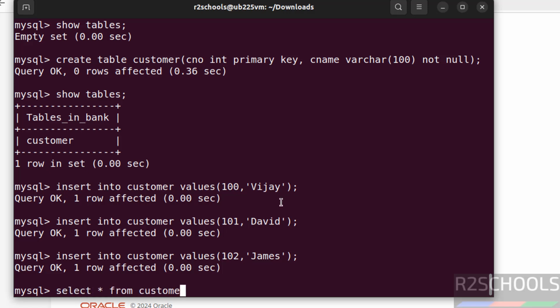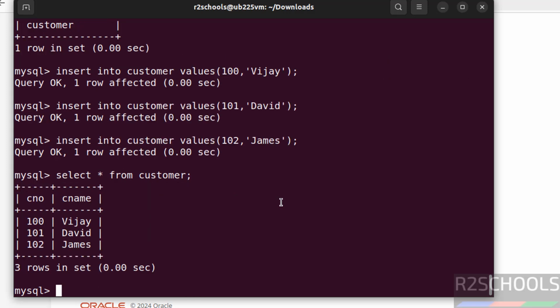See, we have inserted 3 rows in the customer table, or 3 records. Okay, if I give star, it retrieves all column values. But if you want only particular column values, we have to give it like